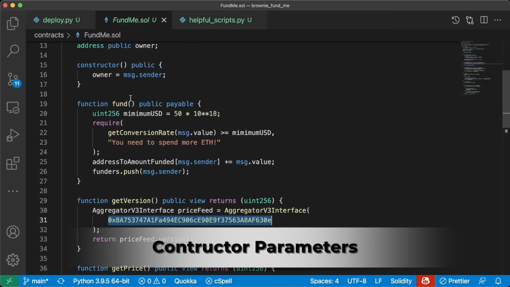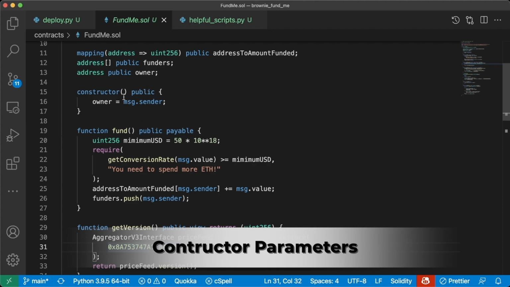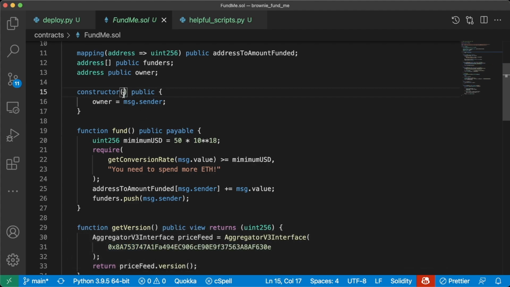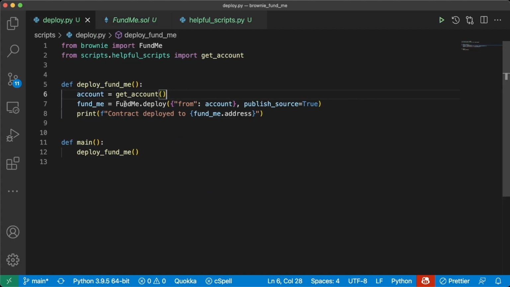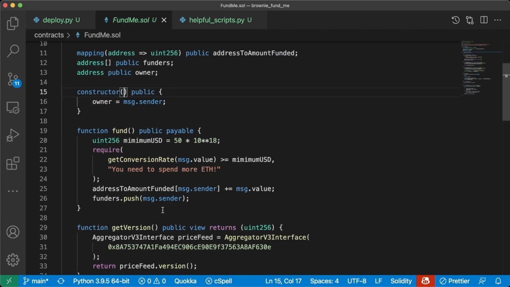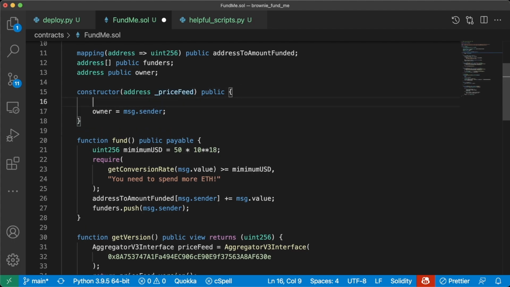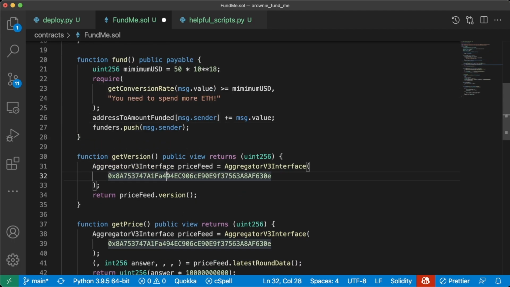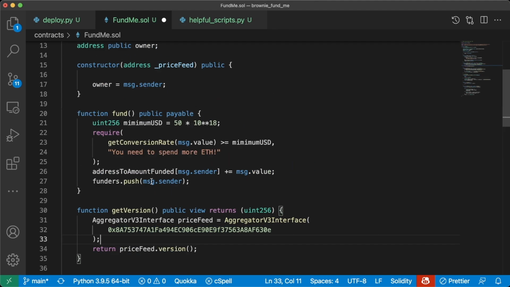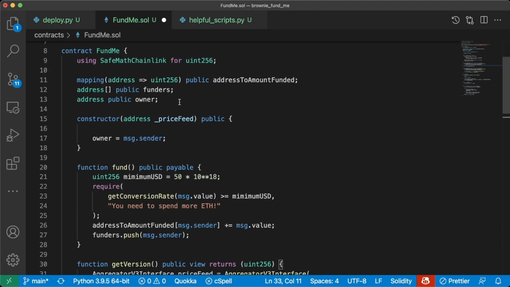So what we can do is right when we deploy this contract, we'll tell it what price feed address it should use, right when we call our deploy function here, instead of having it hard coded. And we can add this parameter to our constructor. We'll say address _priceFeed as an input parameter, and whatever input parameter we use here is going to be our global price feed address. So instead of us creating these AggregatorV3Interface contracts right in the functions here, we're just going to create a global one. So we'll say